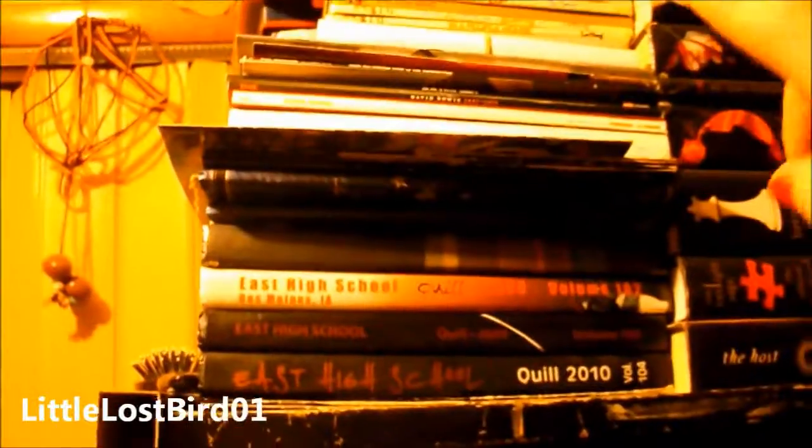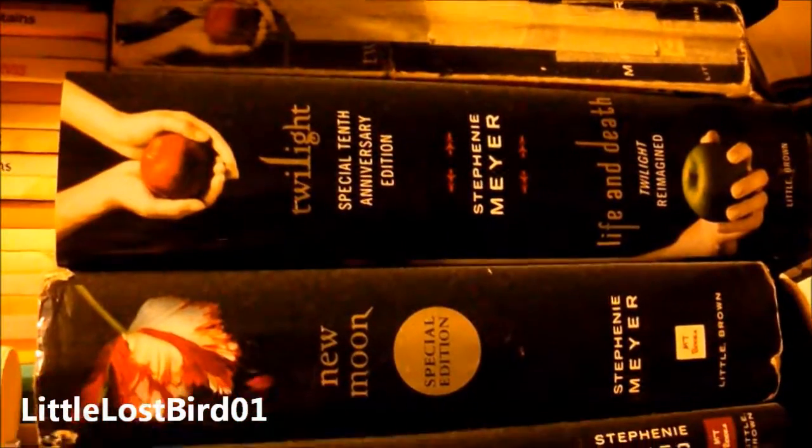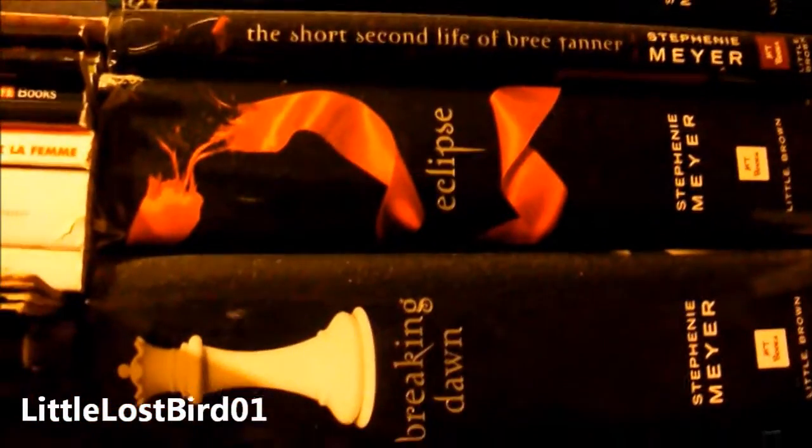Starting over here, we have some yearbooks, some magazines, some Dr. Seuss and Disney books. And then we have the Twilight Stephenie Meyer section, as you can see. At the top we have the director's notebook by Catherine Hardwicke. Then we have the graphic novel, volume 1 and 2 of Twilight. Then just my battered copy of Twilight. Then the 10th anniversary edition of Twilight, which contains Life and Death. Then we have New Moon, The Short Second Life of Bree Tanner, Eclipse, Breaking Dawn, The Official Illustrated Guide, and